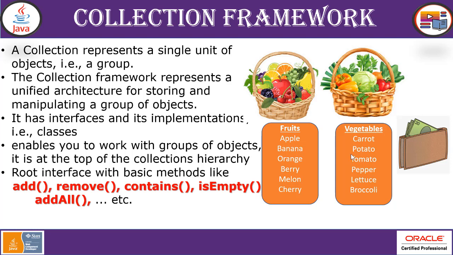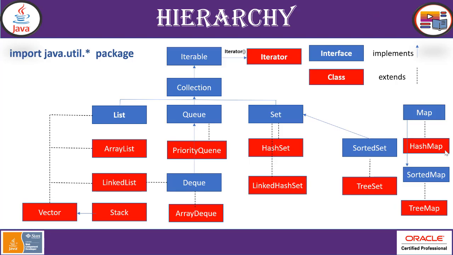This enables you to work with group of objects and perform some operations like searching, sorting with the help of their basic methods like add, remove, contains, isEmpty, addAll. And all these methods have helped in manipulating and implementing in our real-time applications like inventory management or commercial applications and library management systems and many more. As per the hierarchy, Iterable is the root interface, as you can see here. Today we have completed the list part, and we are going to cover the set and the map